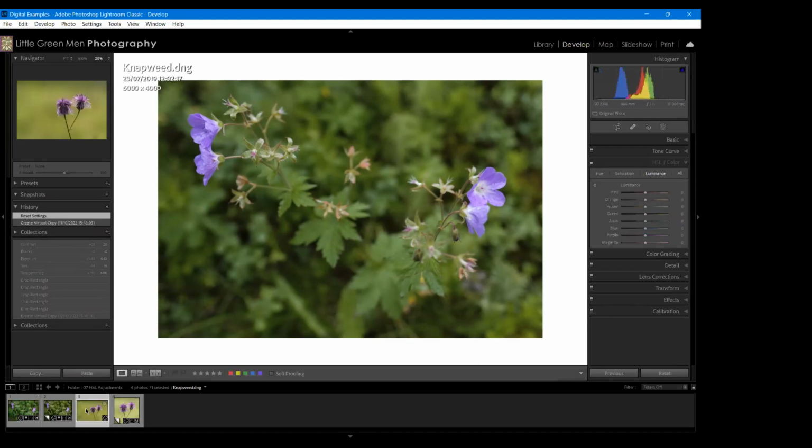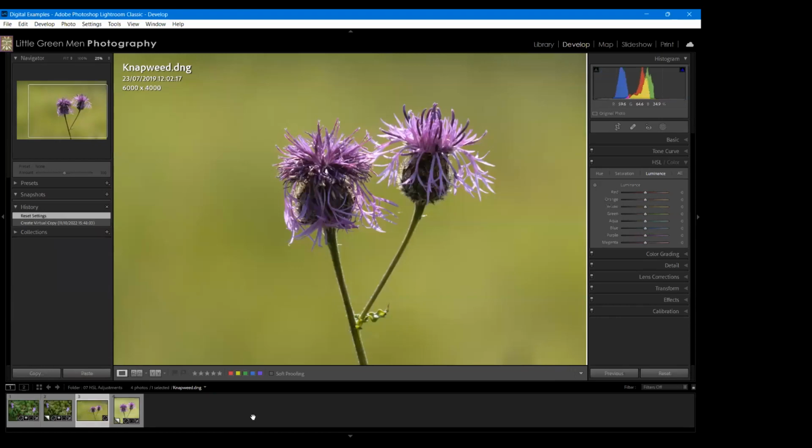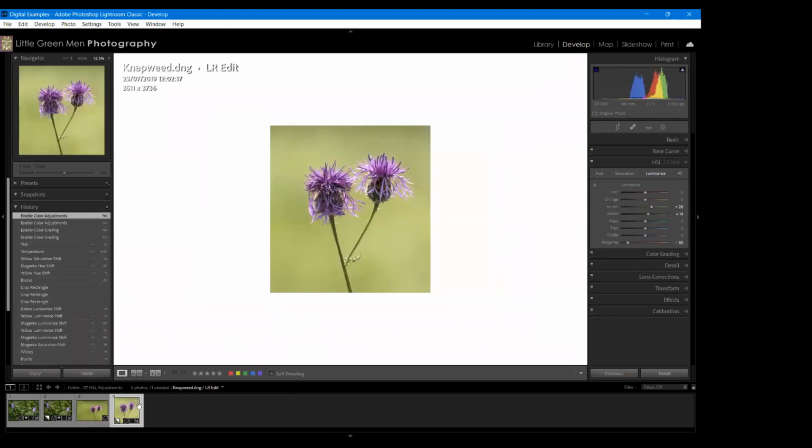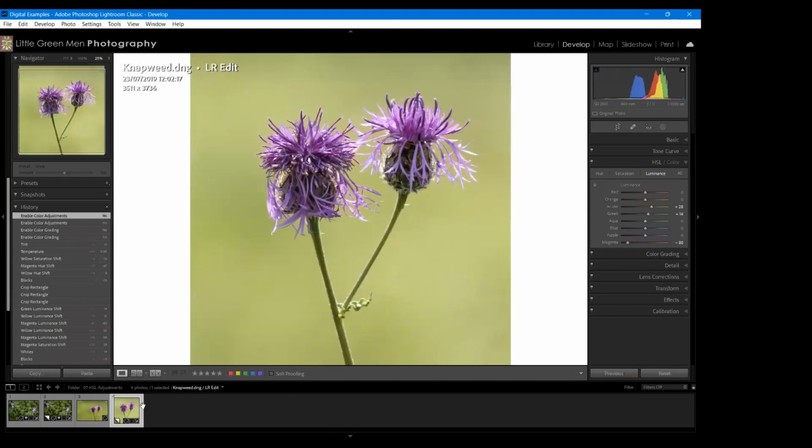So this is another one. I'm not going to work through this, but this is an image of some knapweed, I believe. But we've ended up with colours. We can just push and pull the colours and end up with something which is maybe a bit like that. All we've done is just pull the colors, we've changed the hue, we've changed the hue of the background slightly, we've changed the saturation slightly, we've changed the lightness slightly, we've played around with the colors of the buds of the knapweed, and if I compare those two side by side,